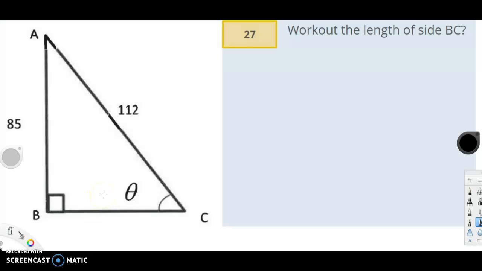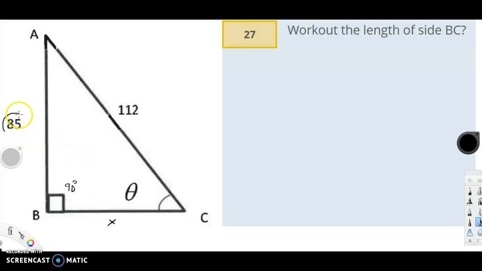This is a triangle here again. Work out the length of the side BC. So BC is down here. That's our length BC. We want to know what that is. This is a right angle triangle, so this here is 90 degrees, and because it's a right angle triangle, and